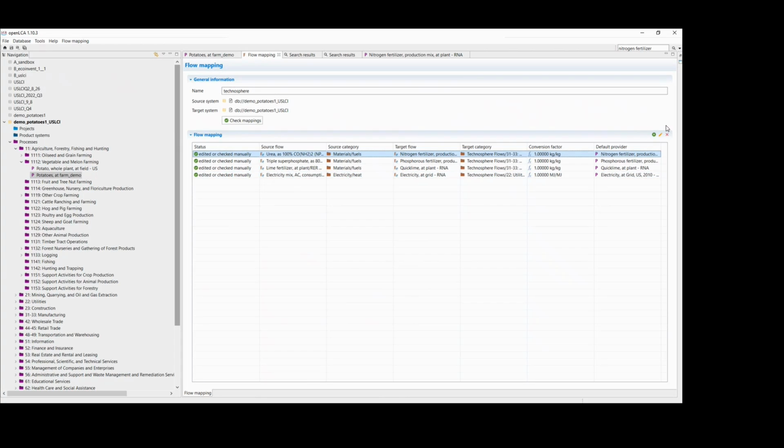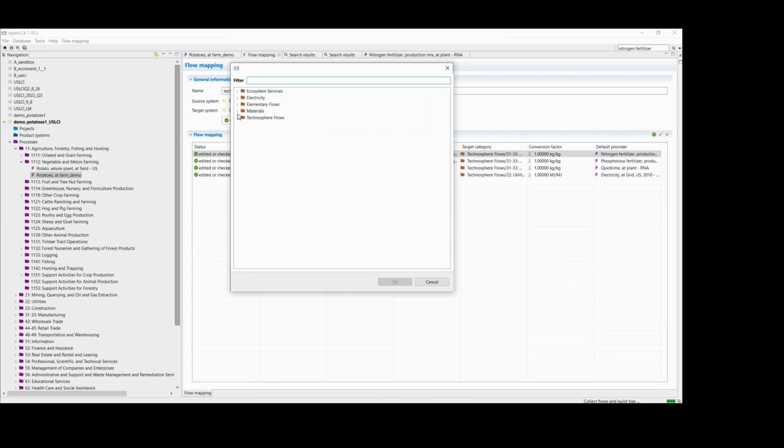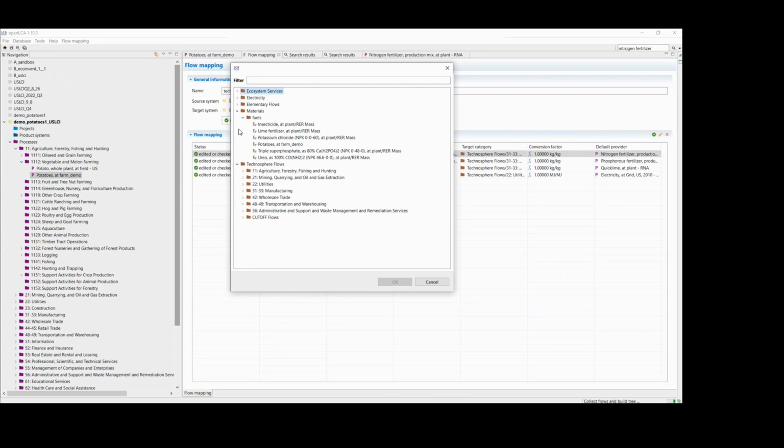So our other two flows, I think we have potassium fertilizer and insecticide. So I know for potassium and insecticide that we'll have to use cutoff flows because there's no good surrogates in USLCI. For potassium, I already know that there is a potassium chloride cutoff flow that we could replace this with.